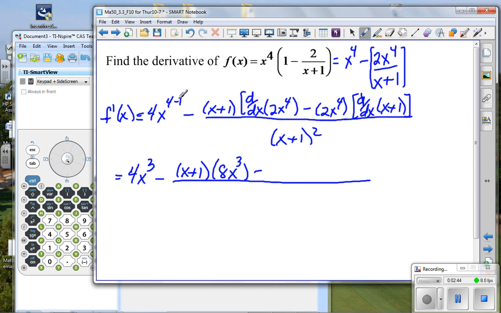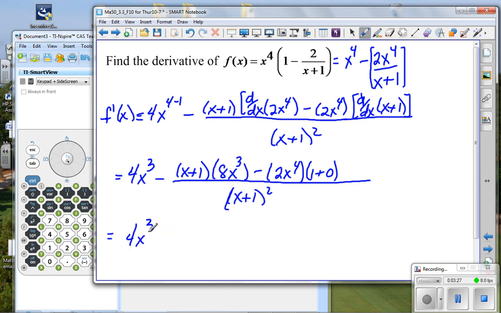You don't have to do the 4 minus 1. As long as you know how to do that, at this point we can drop that writing of the 4 minus 1. Minus the numerator, 2x to the fourth, times the derivative of this polynomial. Well, the derivative of x, the exponent is 1, the coefficient is 1, so that's 1. And if I have the exponent 1 and subtract 1, that's x to the 0, so that's simply 1, plus, and here's our constant term, 0, divided by x plus 1 quantity squared,